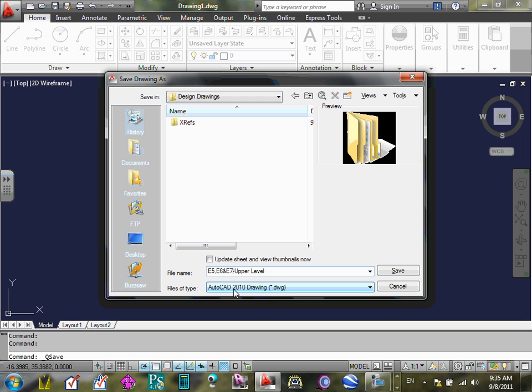Can I call it E8 though? Look at E8. E8 is what? Lower level. Usually if it's a different background, you start with a different file. Lower level is a different file, right? So now upper is one file, lower is a different file. So just say upper level, and that will give you basically E5, E6, and E7, which is